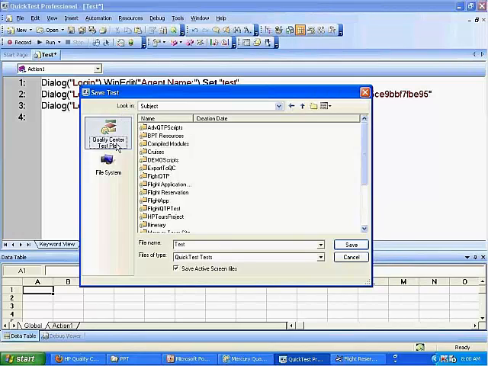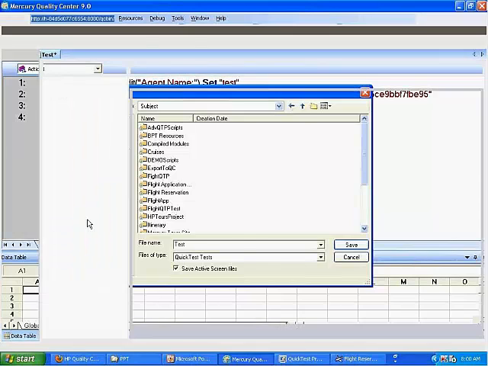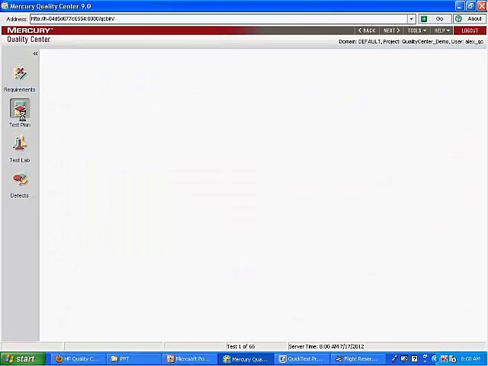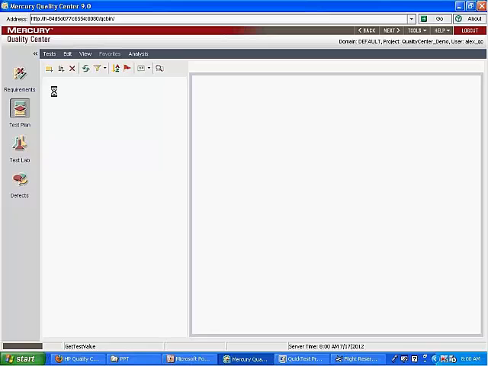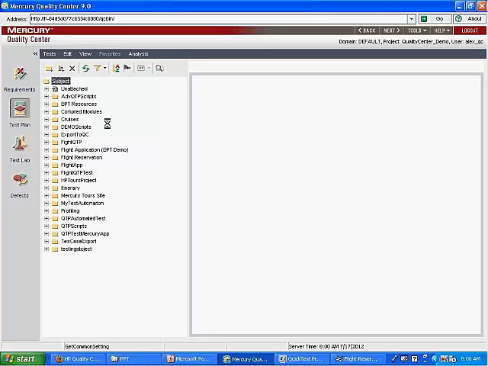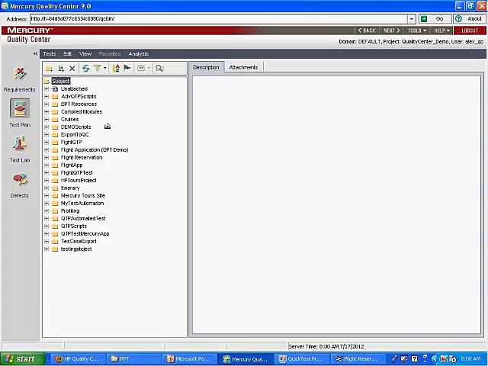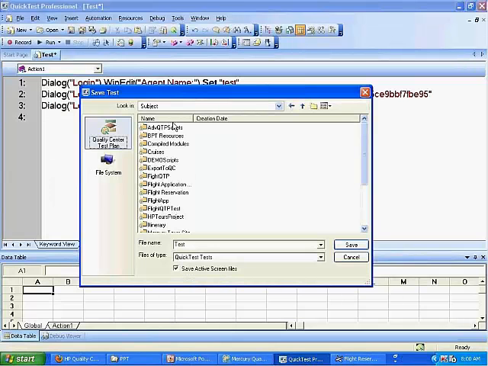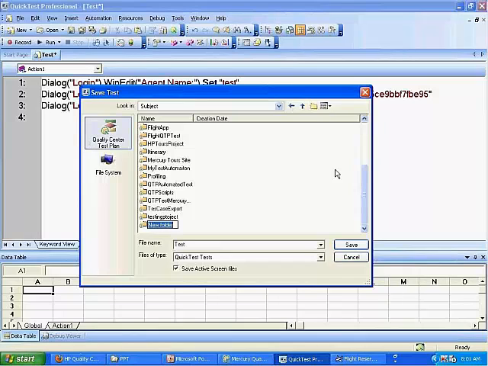So here you see the Quality Center Test Plan, and it says Subject. That's exactly what you see here, the test plan and the subject. Whether you create a manual test case or automated test scripts, all get saved into this Test Plan module in Quality Center. That's where you can create a folder specific to your project under Subject. So I'm going to create something,